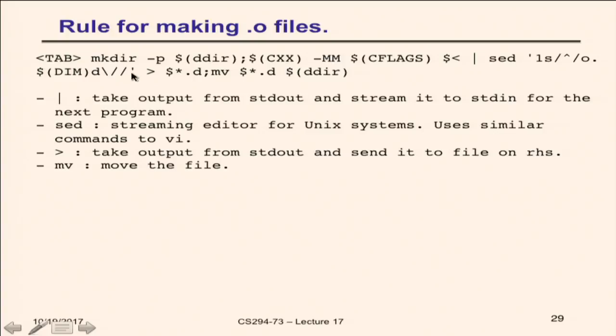o.2d/, with a slash. The backslash is so that sed doesn't get confused between this slash ending a substitute command and wanting the real forward slash. So it takes what's streaming in, only takes the first line, and prepends the directory I want it to be in. Then greater than takes the output from standard out and sends it to whatever the file is on the right-hand side. Well, that's $(stem).d. So what I've done is I've now gotten the stem.d to have the right .o files,